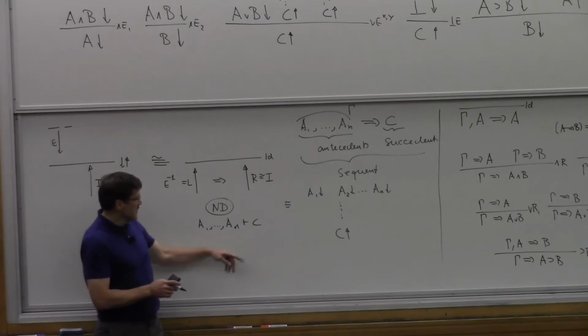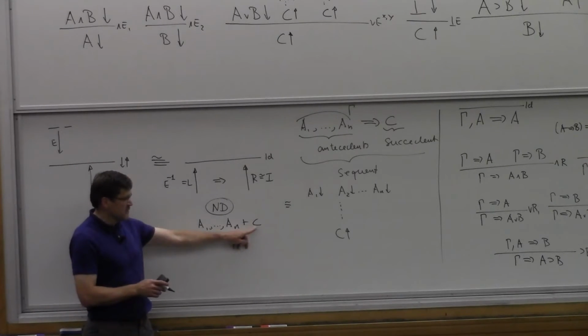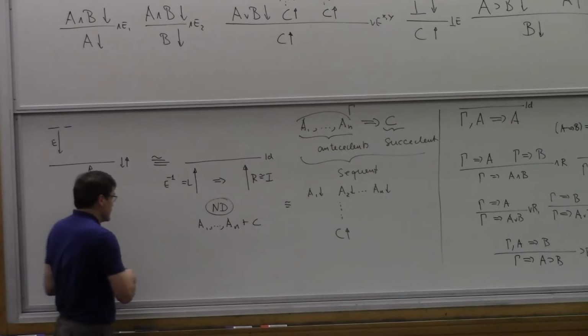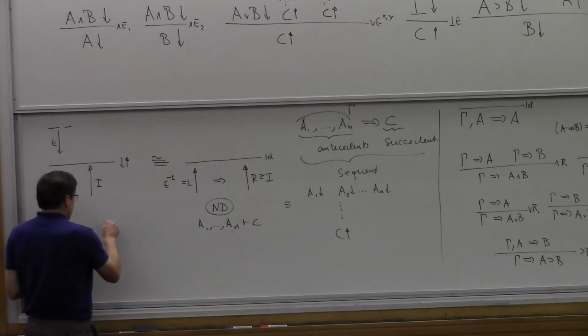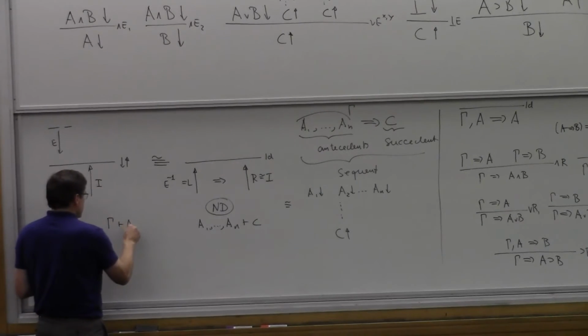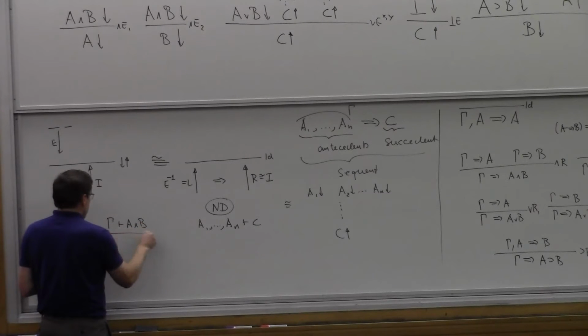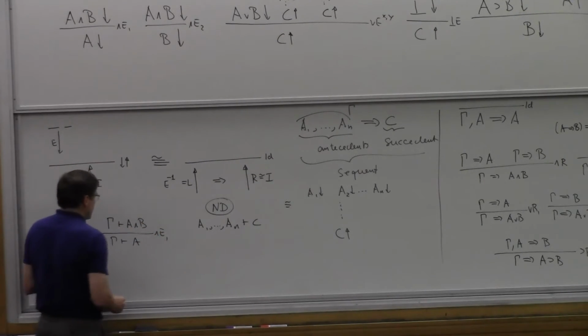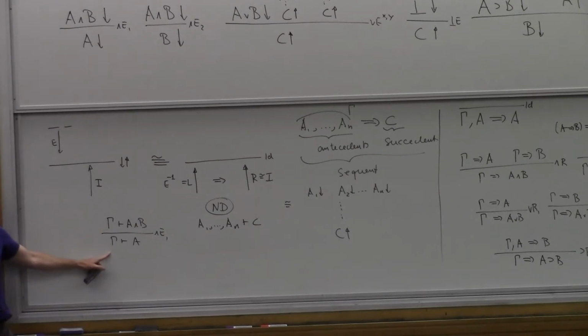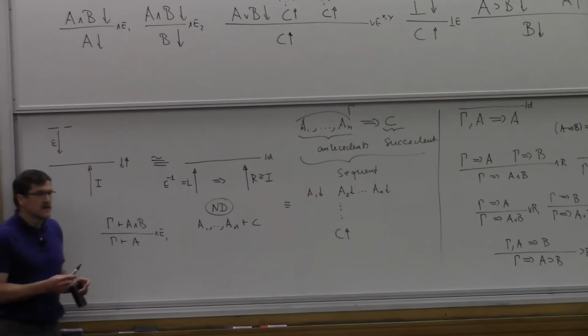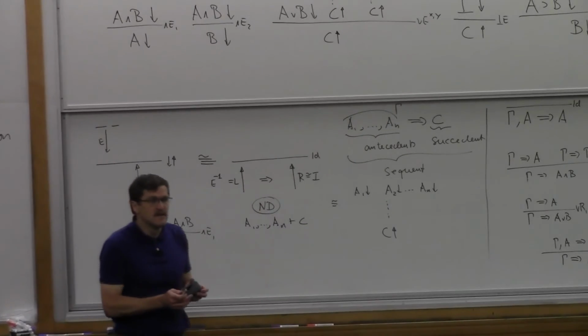Whether you write this or the double arrow, you always have assumptions on the left and you have a conclusion on the right. But with this arrow, you would have an elimination rule that looks like if you have gamma and A and B, then from gamma you're allowed to conclude A, and that would be an elimination rule. In the sequent calculus, there's no such rule. Okay. More questions?